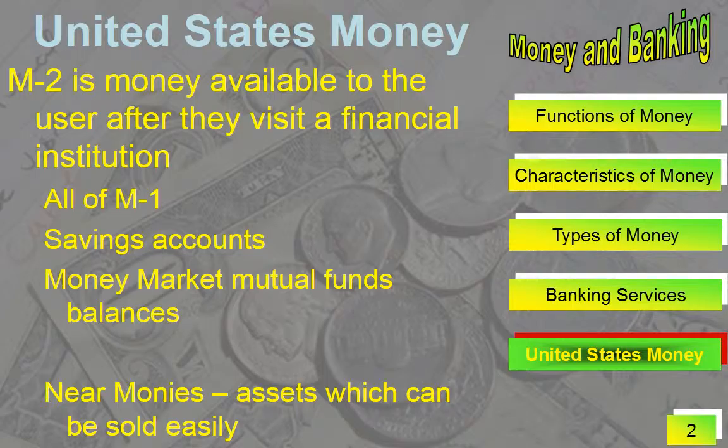M2 would be more for the bigger ticket items, of how much money is available to buy the car, the washer, the dryer, and even getting to the point of buying a house, of how much money is ready for that initial deposit. And so M1 and M2, in addition to M3 and L, all of them have a specific idea that economists look at to see what it can possibly affect, and these are what they take a look at to see how well our economy is doing.